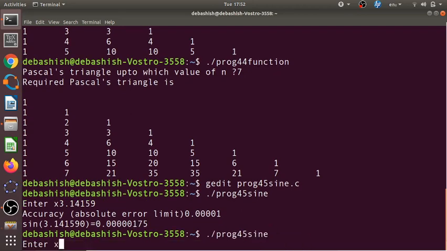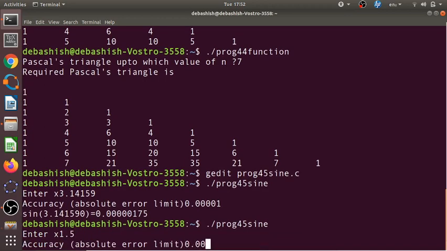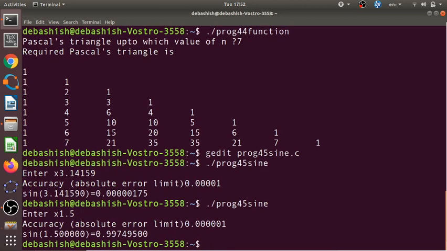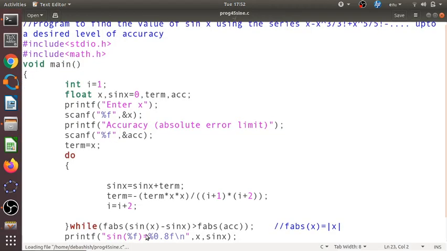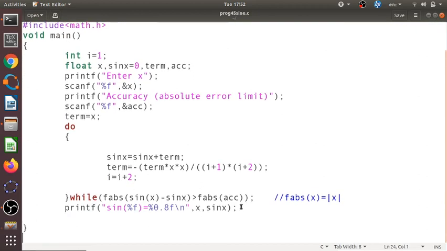Let us run once more. Say 1.5, it's like pi by 2. Sin pi by 2 is 1, so it should be something close to 1. With 0.00001, the answer is 0.99749500. It's quite close to 1. So that way it runs. In fact you can check what is the actual computed value.